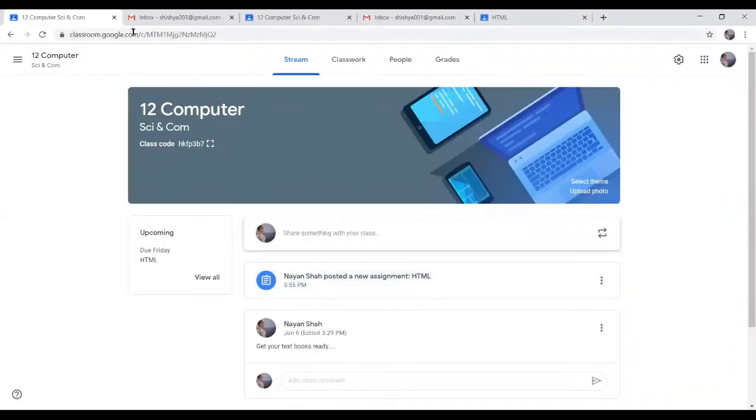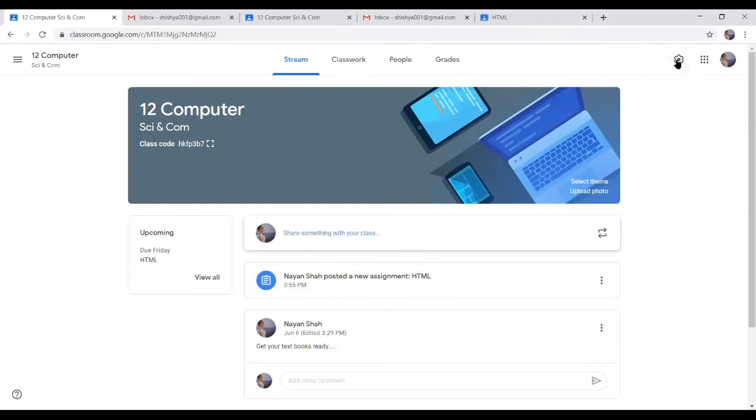If you remember, we created a Gmail account. We started our Google Classroom as a teacher. And you know that we have these 4 tabs: stream, classwork, people, and grade. Stream is for communication with students. We communicate with students from stream. We send some notifications. We tell them what is going to happen, which class, when it is going to happen, everything we want to communicate to the entire class. Generally, we do it from here.